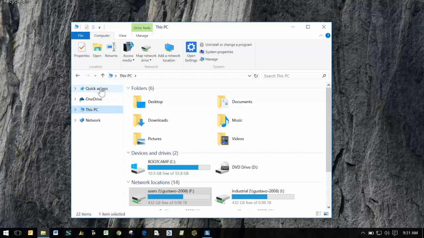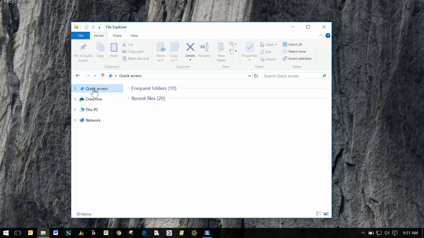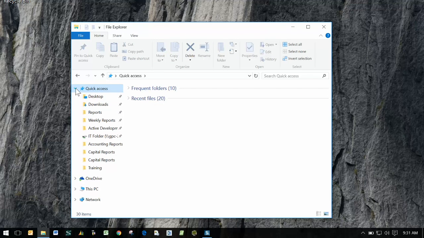One thing that's really useful, like I said earlier, is Quick Access. I've been a big advocate for adding things to your favorites. One thing Quick Access does is it keeps a list of things that you visited recently, even if you haven't pinned them, and you can see right here accounting, capital reports, and training. Those are ones I've visited recently. The pinned ones are folders that I want to always be there no matter what. So the nice thing about it is